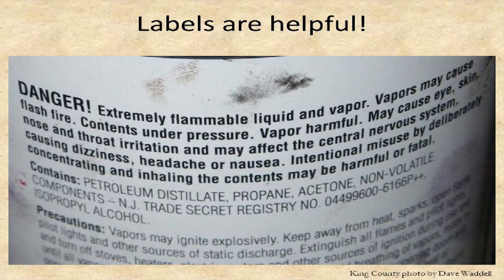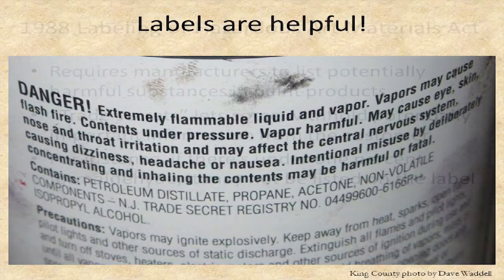In this label we see here, we see the word danger. Danger is the highest level of warning. Danger and poison are ones that you really want to watch out for. The next level down from that is the word warning. So if you see danger, you really want to read the label. In this case, we see that it's extremely flammable, the vapors can cause a flash fire, it's harmful, and it's starting to talk about affecting your central nervous system. All of these things are warnings that precautions should be taken to protect yourself against the things that you're being